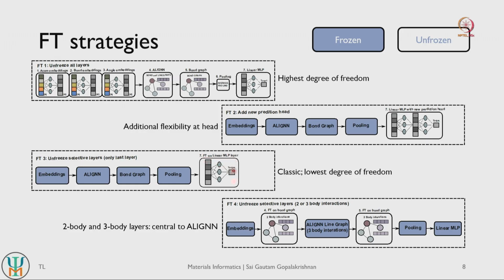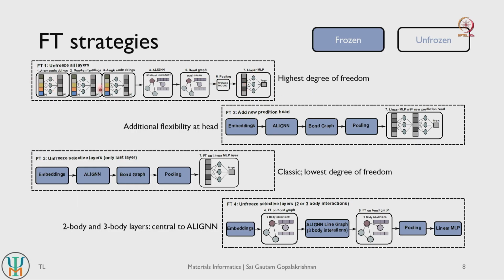So this is the classic approach of transfer learning, where you freeze all the remaining weights and biases. In all of these layers the knowledge is frozen, but the prediction head alone relearns on the fine tuning or target task. This is a classic strategy, and it typically has the lowest degree of freedom as well, so we consider this strategy. We also consider the exact opposite of this, which is unfreezing all the layers, which gives the highest degree of freedom for our model.